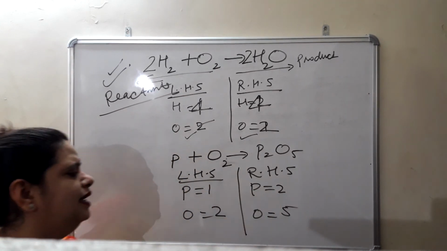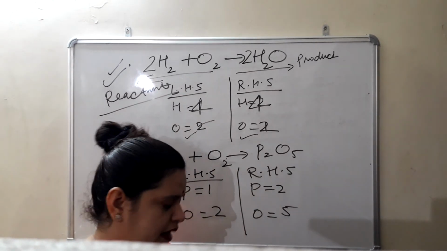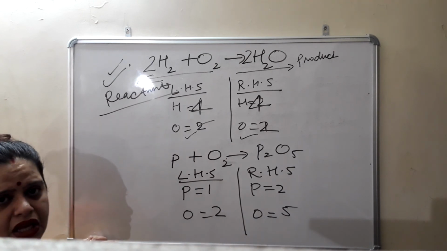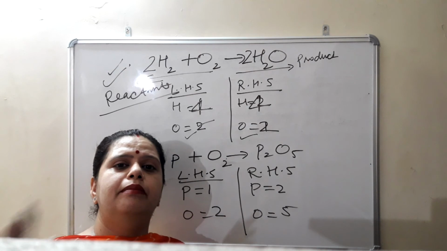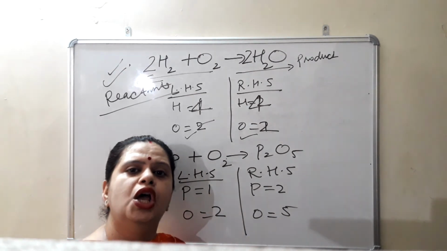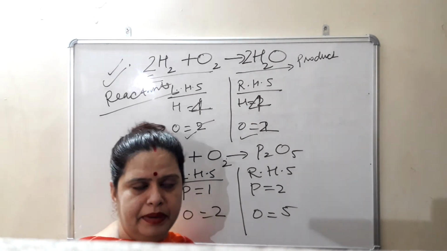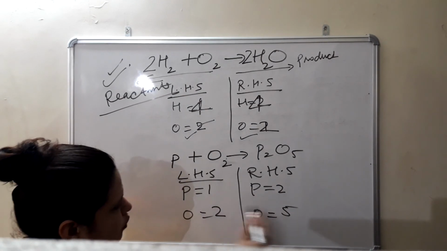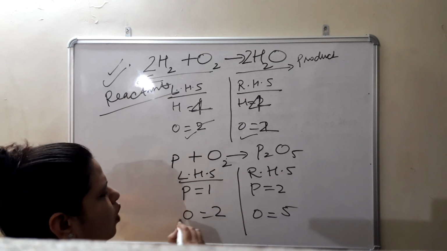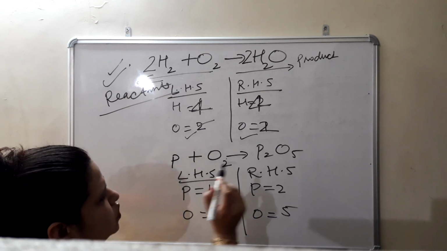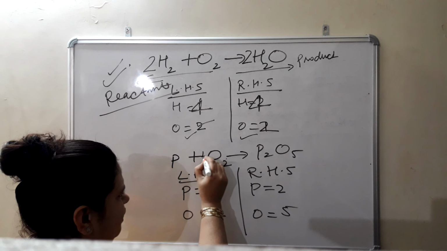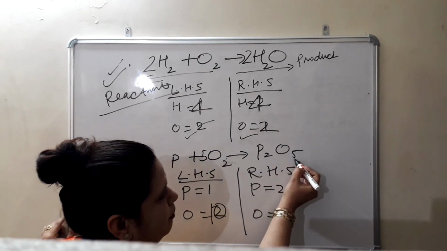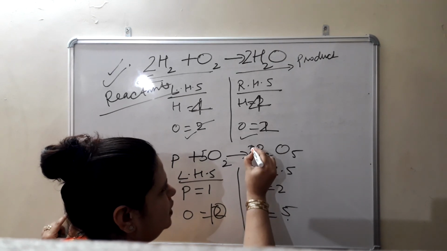Now in such cases where you will have this odd number, see 5 is not a multiple of 2. 2 के table में 5 नहीं आता. So in such a case what you will do, you will multiply these two numbers with each other so that you will get a common number. So in this case what you will do to make it balance? 10, like 2 5s are 10, 5 2s are 10. So oxygen हमको 10 बनाना है दोनों तरफ. So what I will do? I will put here 5, 5 2s are 10. I have to make this also 10. So for making this 10, I will put here 2. This 2 is for this